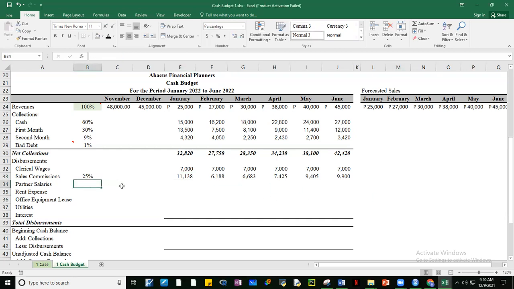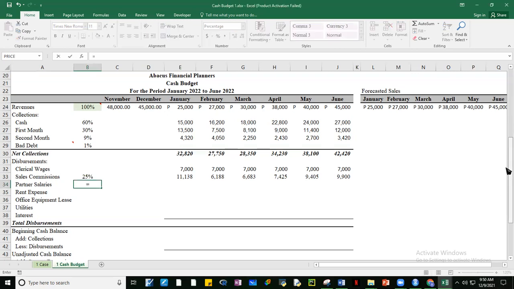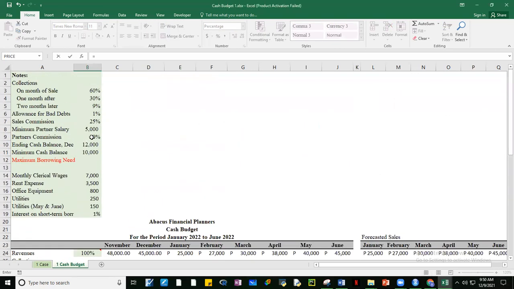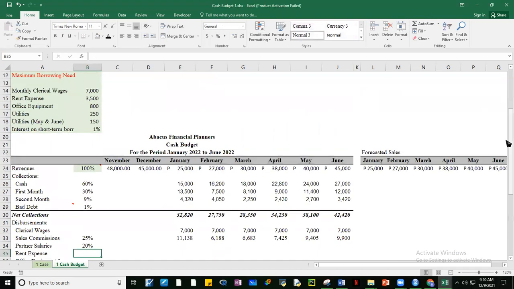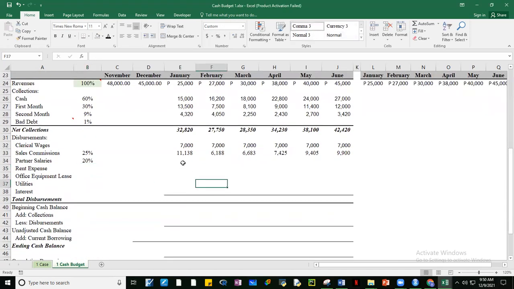Ano daw yung partner salaries? I-link natin ulit to sa 20%. Okay. Ano daw yung partner salary? Sabi, it's the maximum of either 5,000 or 20% of the sales.